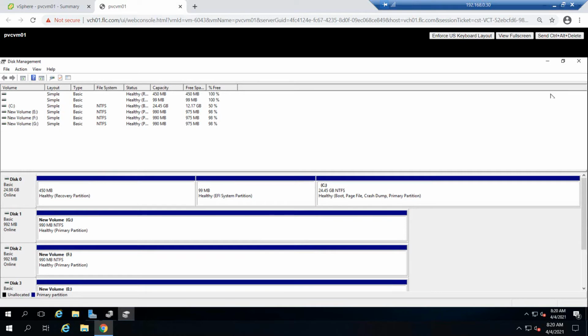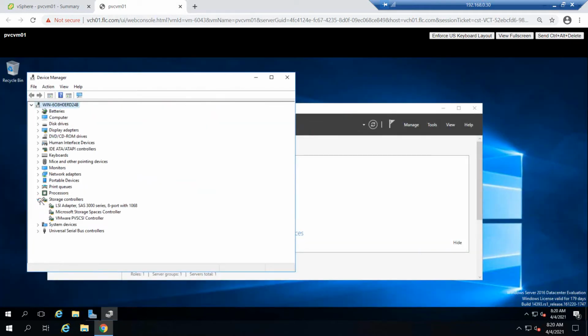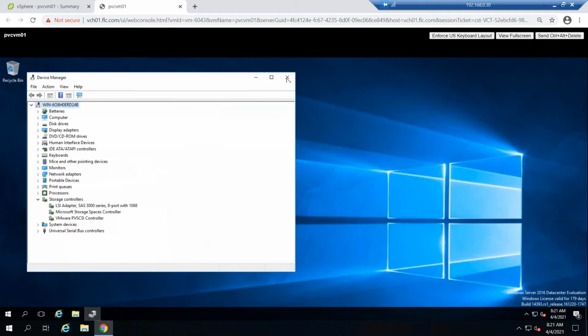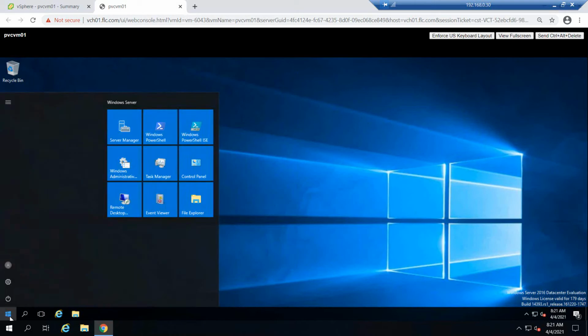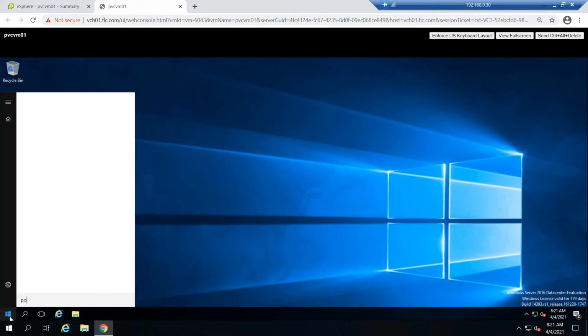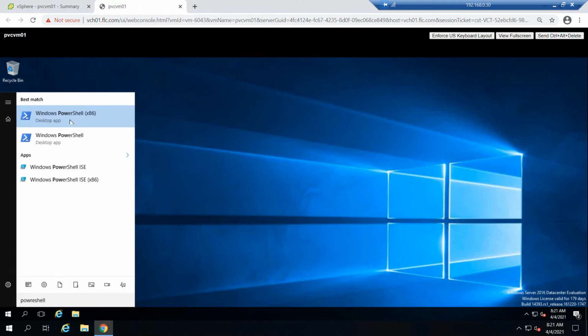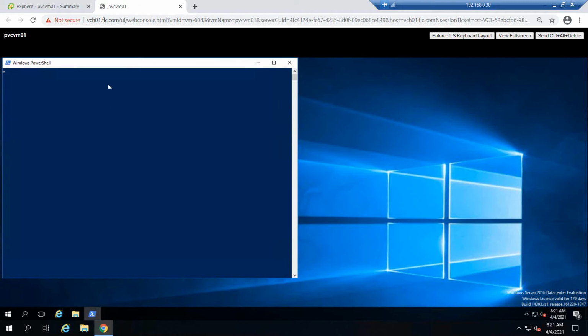Here, in SCSI storage controller, we are able to see both. Okay, go to PowerShell and run the command.